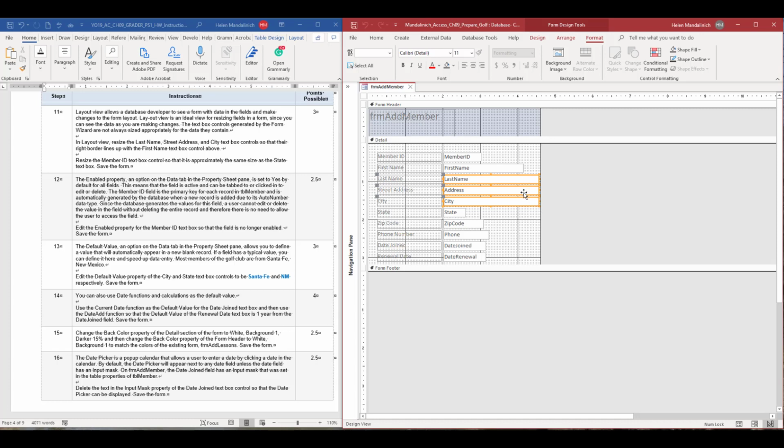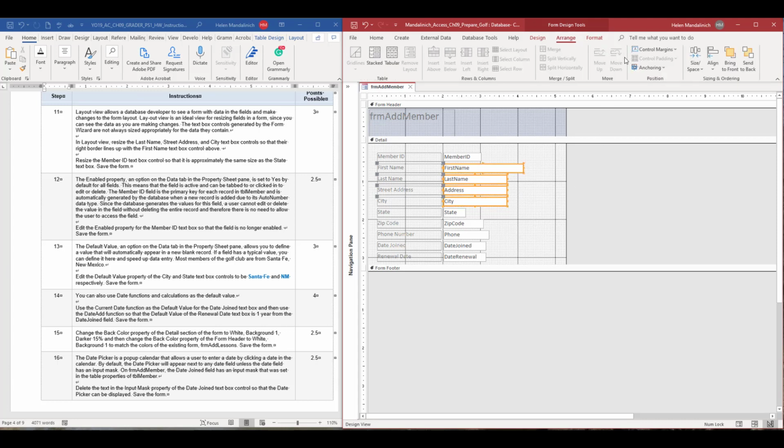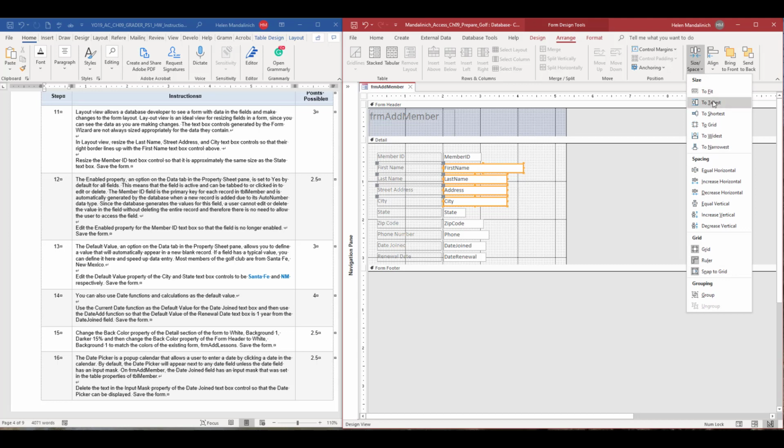Okay, so all I do is hold my shift key, and then I'm just going to drag these back, and I'm going to drag them left of where they're at, left of first name. Then I'm going to pick first name. I'm going to come up here to arrange and then align. Nope, sorry, not align. Size to